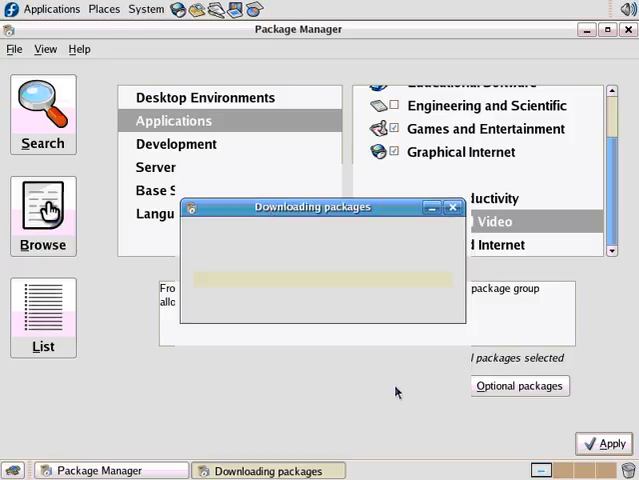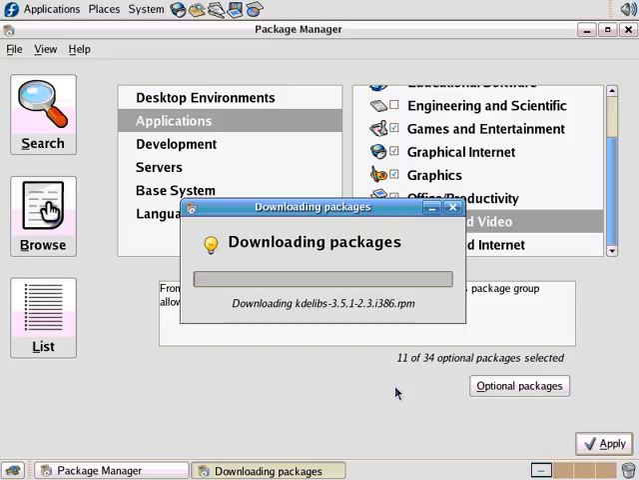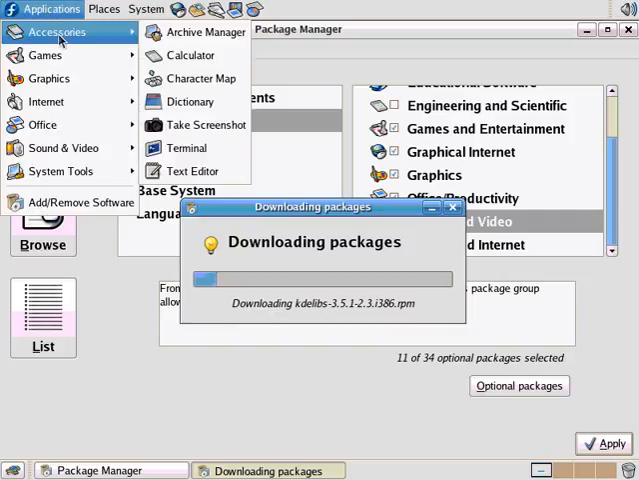So if I click continue there, it says downloading packages. It's not really downloading packages from the internet. It's downloading them off of the Fedora Core CDs. So while it's doing that, let's go over